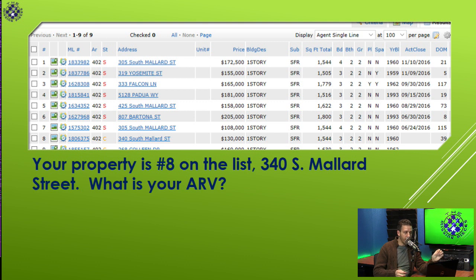Don't worry about that. Area is, again, another way for the MLS to break a city out into different sections so it can run statistics on an individual market. Now that next field, ST, that doesn't stand for street, that stands for status. And if you look, we have different statuses. We have S, and then at the bottom we have C. S stands for sold, C is contingent, and then we'll have other ones such as P for pending, T for temporarily off market, and then active listing.